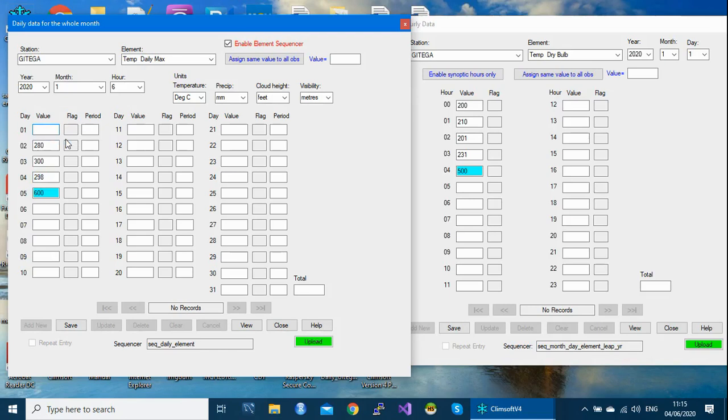So now here you can enter the value you want to enter. Let's say all the values you want to start from value 1.